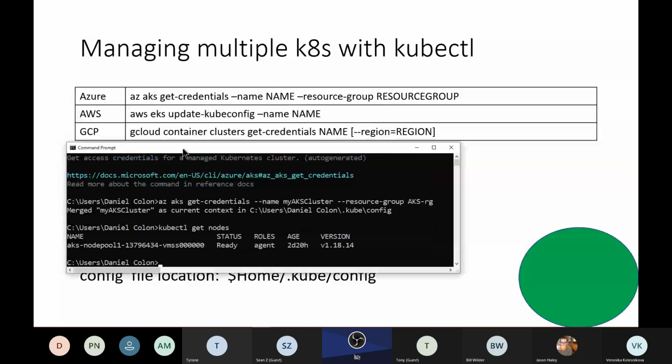I'm sure there might be another way. You're only going to be able to talk to one cluster at a time because it's using one config file. You can actually specify which config file to use, and then you'll be able to talk to more than one. But here we see AKS, so I know I'm talking to that. Now I'm going to get the information for the EKS. I just happen to call this my EKS